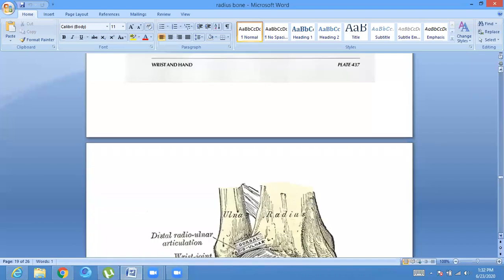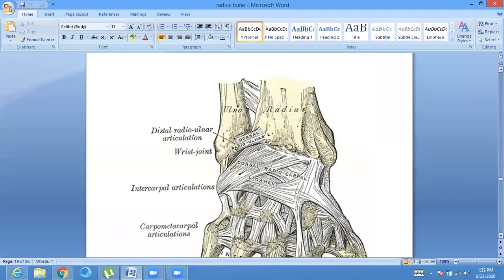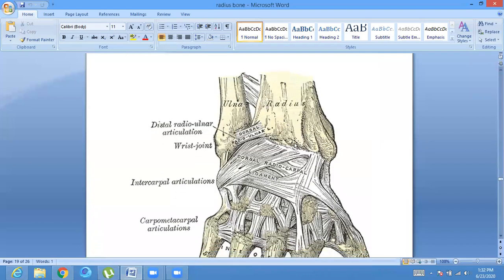If you have a look over the dorsal surface of the radius, it has got certain characteristic features. ठीक है, it is convex, and it is going to give attachment to the ligament, that is the dorsal radiocarpal ligament. ये anterior aspect पे कौन सा ligament था? Anterior, the volar radiocarpal ligament, ठीक है, और the posterior aspect पे जो ridge है वहाँ पे कौन सा ligament रहता है जी? Dorsal radiocarpal.